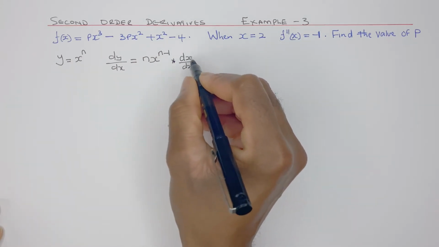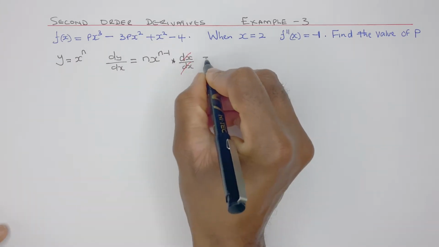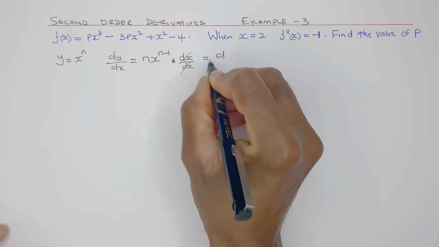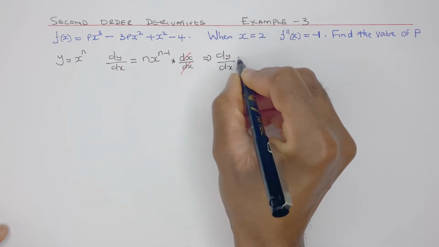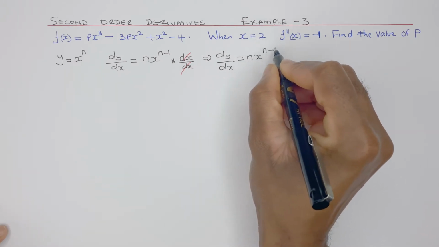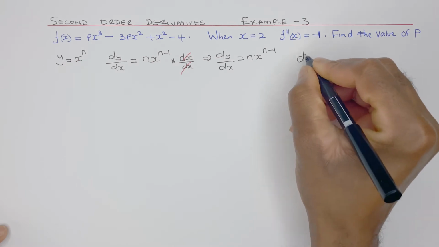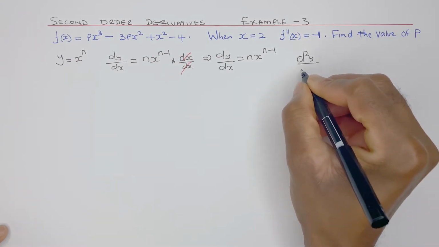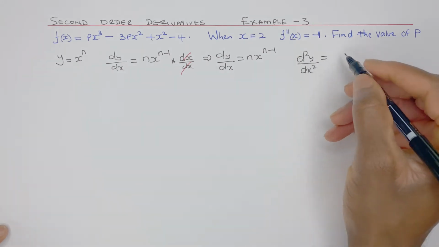But the derivative of x is basically 1, so they cancel out. Therefore, dy/dx is just n x to the power n minus 1. The second derivative, on the other hand, d2y/dx squared, will be equal to